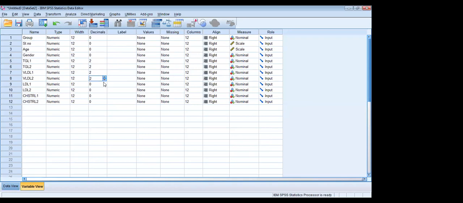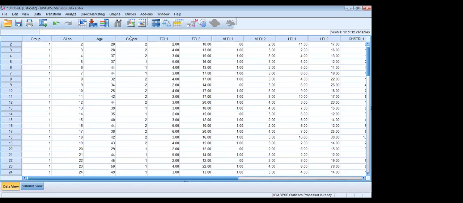We need to give some decimal points here. I am not spending much time on this kind of thing, because these initial steps were discussed earlier. So I am going directly to the analysis.